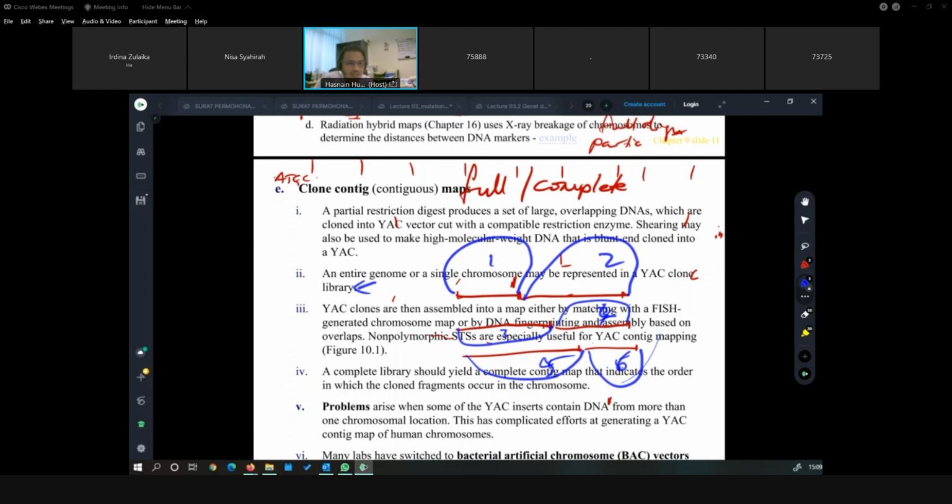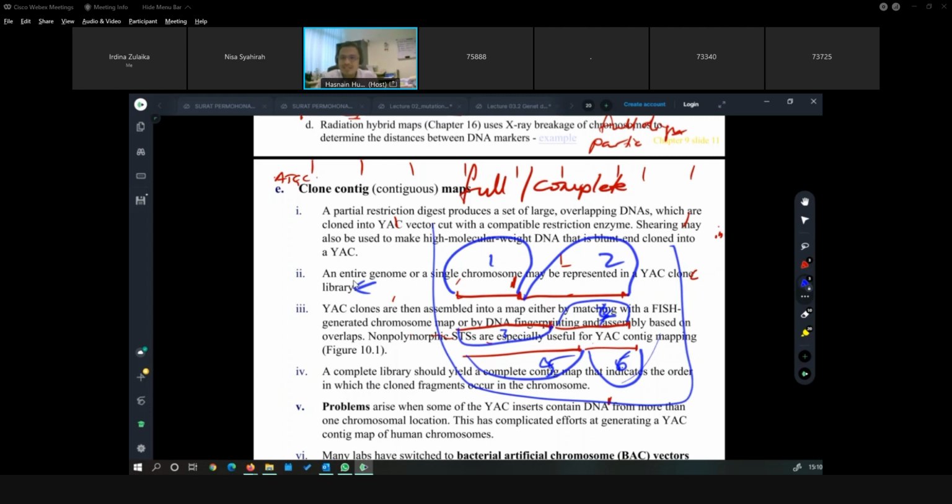If partial digestion is used, the EcoRI is not fully utilized, whereas at the moment we are utilizing all of it. This is how they become different fragments, right? So each fragment is cloned into a different clone. So this will be a library, a collection of a YAC library for chromosome 1. Okay, so all of them will be used.